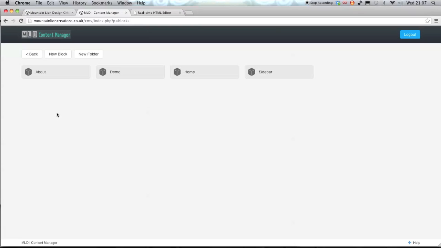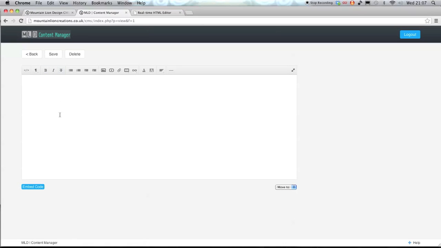area, and we're going to have a look at the About block, which is the corresponding block to the web page that we want to enter our text into. So I'm going to click on that, and what we're faced with here is, as you would expect, a completely blank text edit area, and if we press on the HTML link here, that is also blank. So back to the text editor mode,